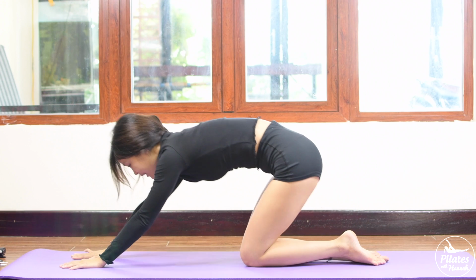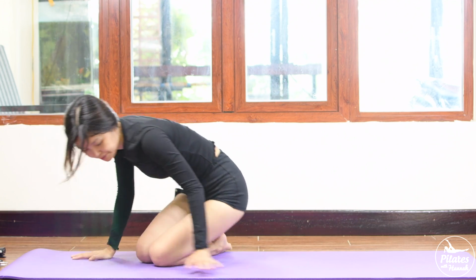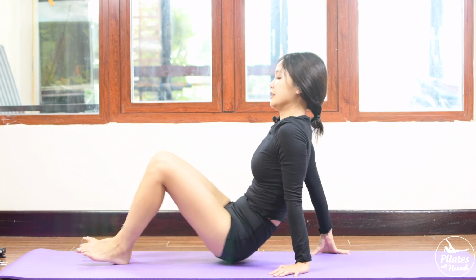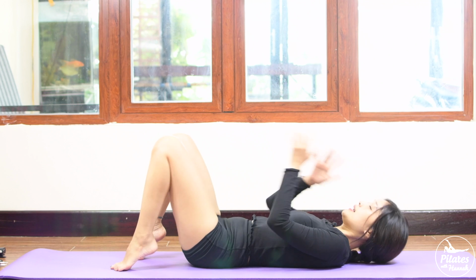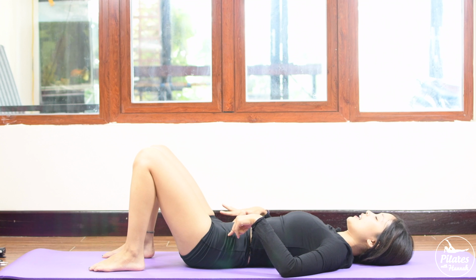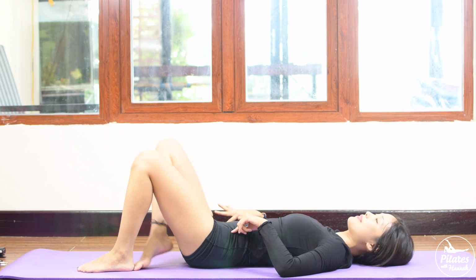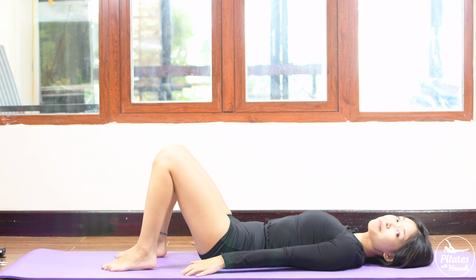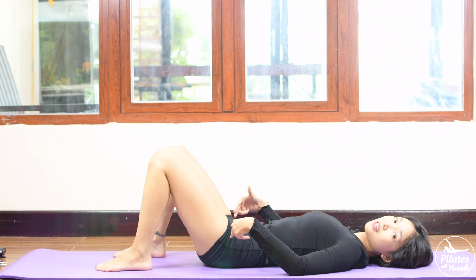Alright, and when you're ready, I want you to allow yourself to lie all the way down on your back. So keep your back in neutral, keep your hips in neutral position here, and I want you to press your feet down one foot distance from your heel to your hip. Open your legs hip width apart. Keep your back in neutral, open your arms to the side, and I want you to inhale, tuck the tailbone